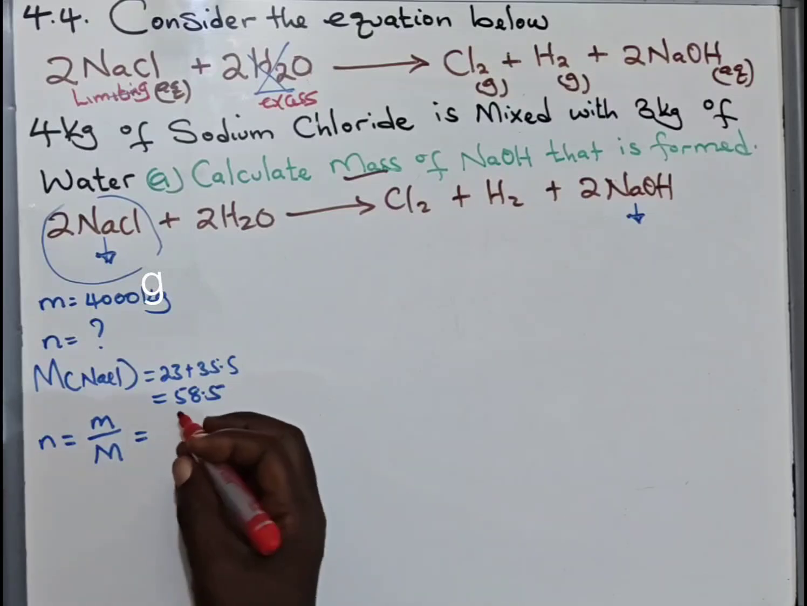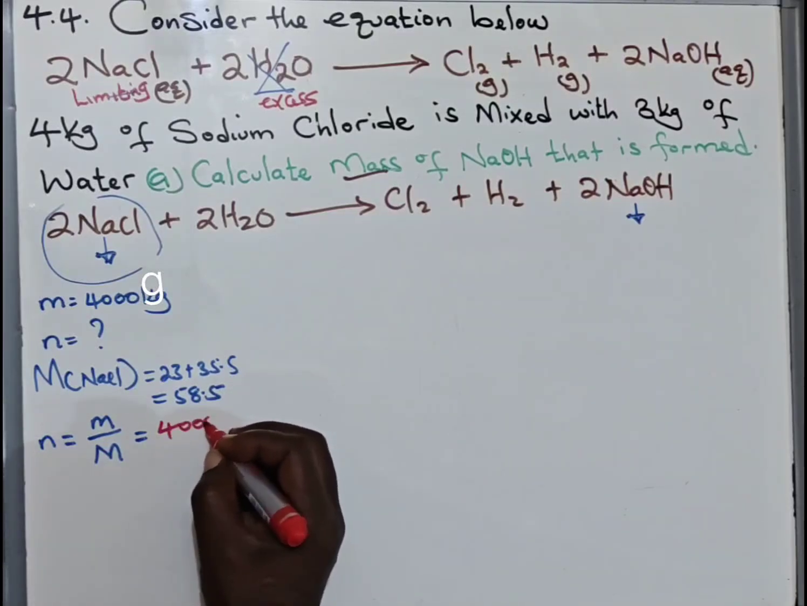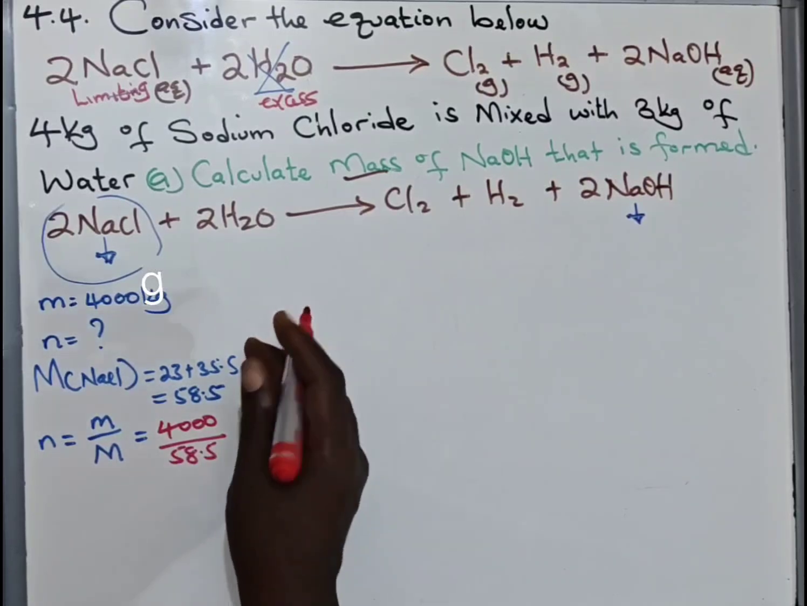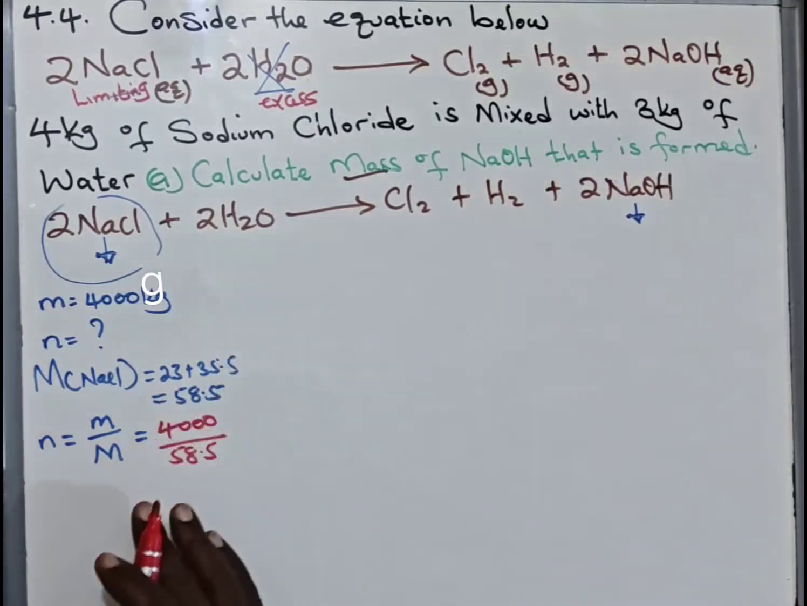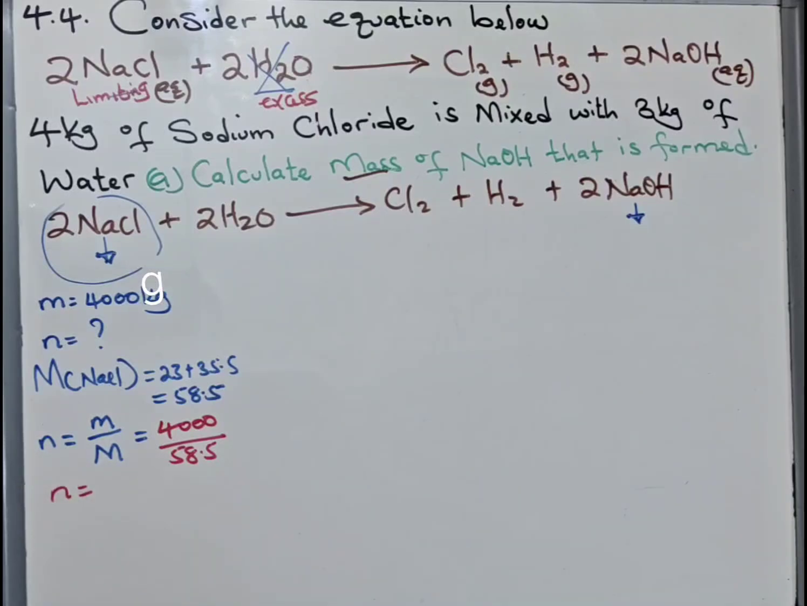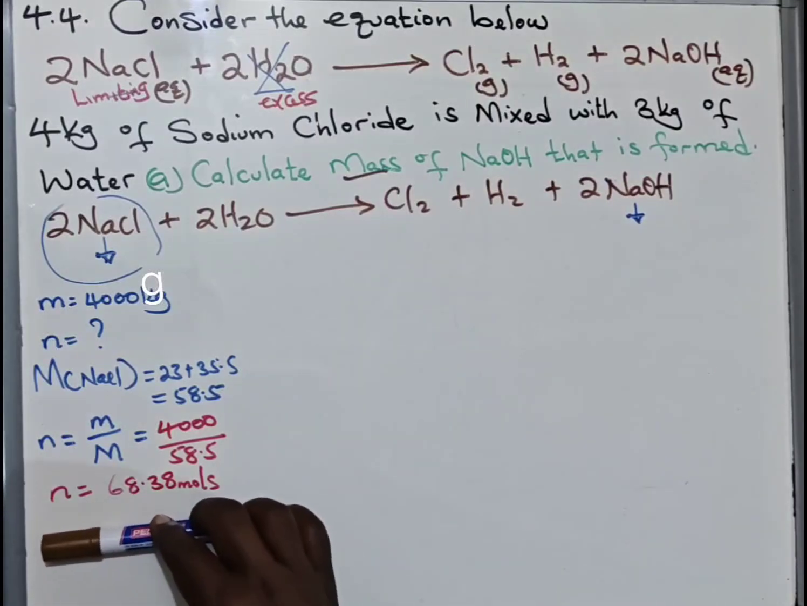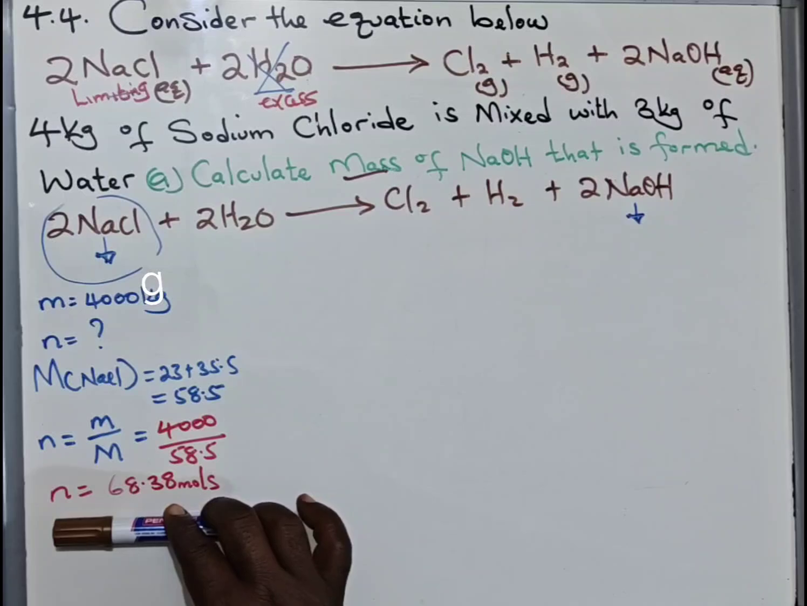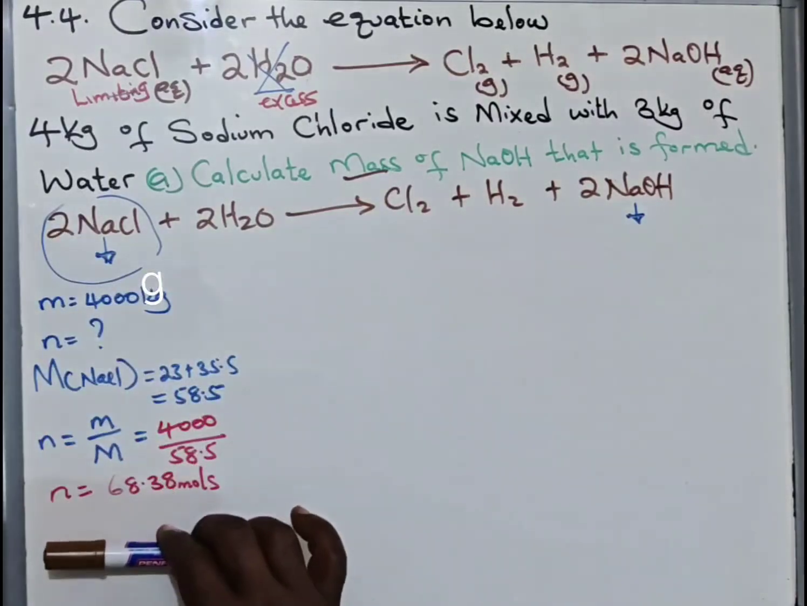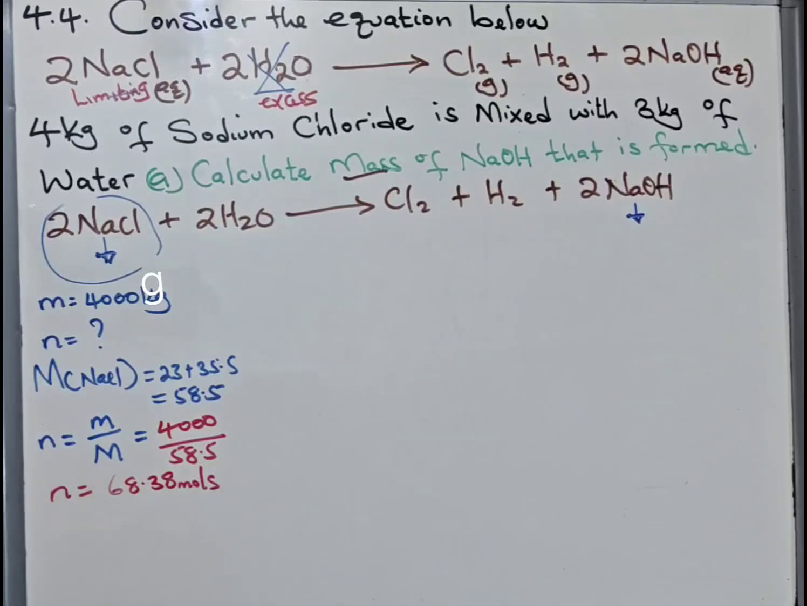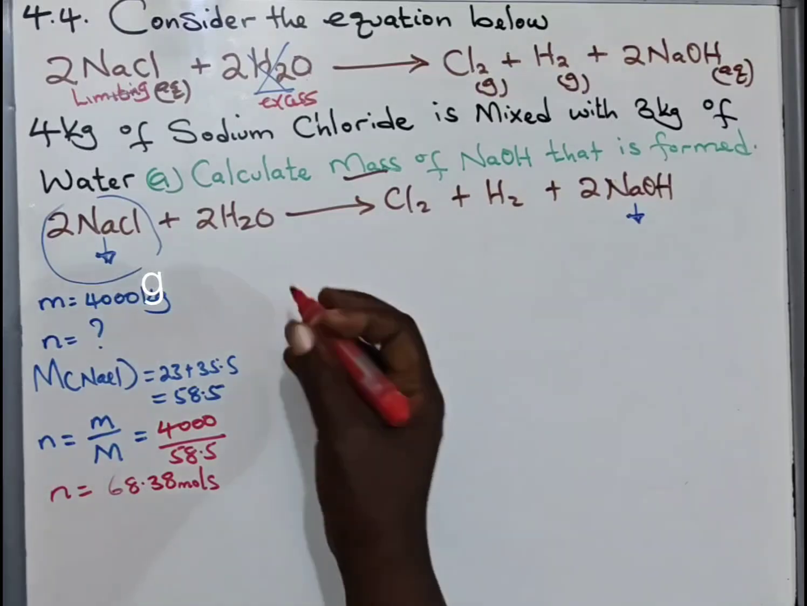The mass is known, is 4,000 grams, and the molar mass is 58.5. You have to remember that we did this step already. So in other words, we know our N as, so we have it here. So these are the number of moles of sodium chloride which reacted. But you have to remember that